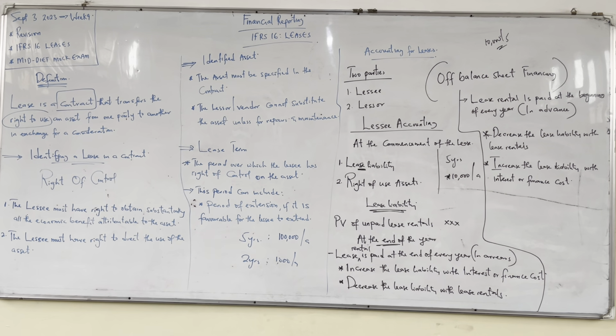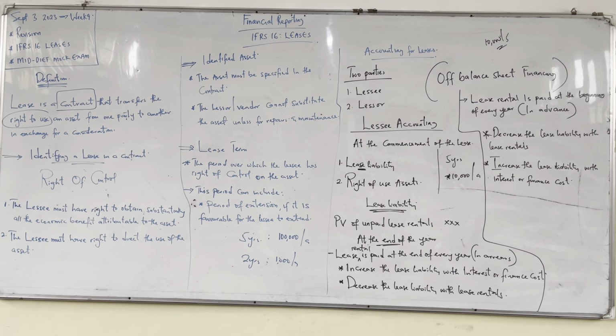And that is all for lessee accounting. That is all. It's no more than that. This is just it. But the question remains that what we are saying here is this. Whenever you rent an asset or hire an asset or lease an asset, you must immediately recognize a lease liability and a right of use asset. So for lease liability, this is it.